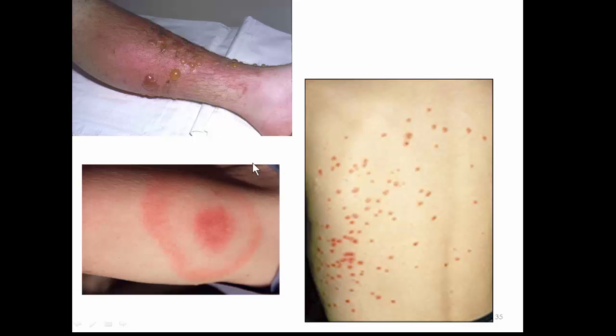I don't know if you've seen this before, right? It's not the symbol for Target, right? This is actually a characteristic of two different skin disorders. This one in particular is Lyme disease, but you can see this bullseye pattern also with ringworm. Ringworm, by the way, is caused by a fungus, not a worm. But this one here is Lyme disease, and I don't know if you know what causes Lyme disease, but it's often caused by